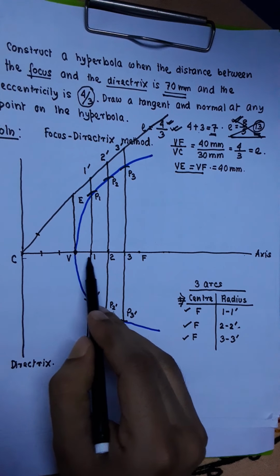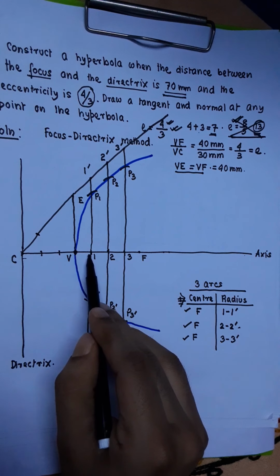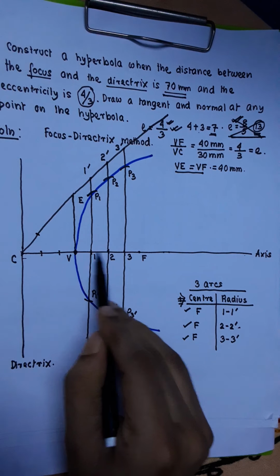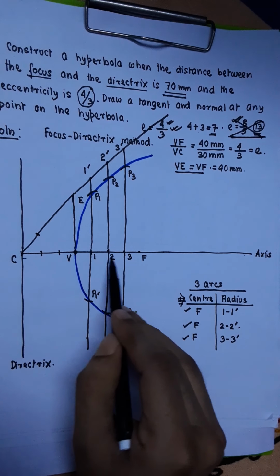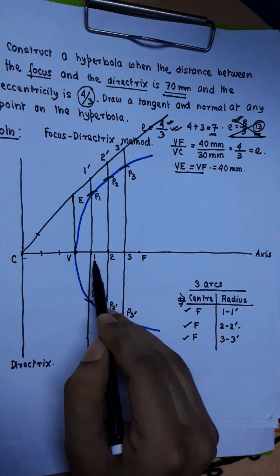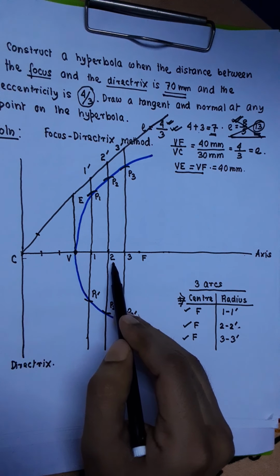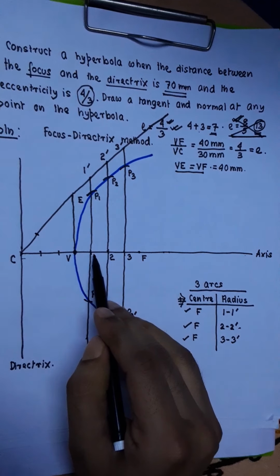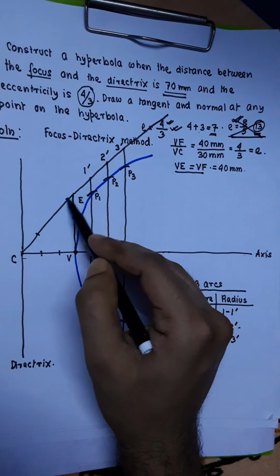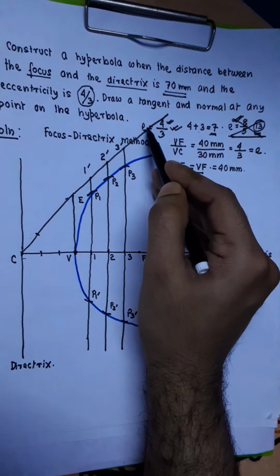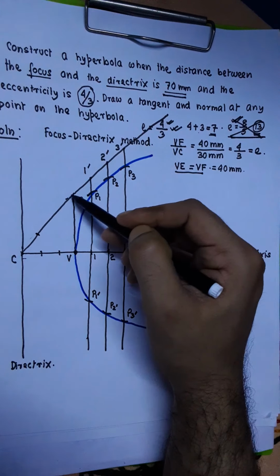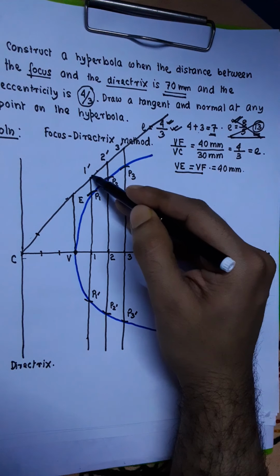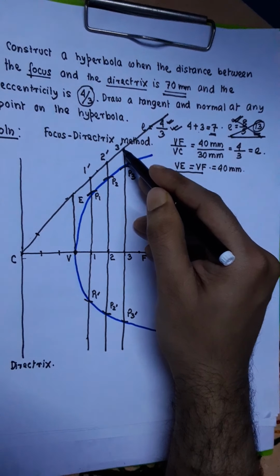After that, you have to take 3 points anywhere on the axis on the right hand side of the vertex. So we use the division points itself as those 3 points. The first point we numbered as 1, the second point as 2, and the third point as 3. Through these 3 points, we constructed vertical lines extending up to this inclined line, which is the extended version of the line CE. Wherever these lines intersect this one, those points we call 1 dashed, 2 dashed and 3 dashed respectively.